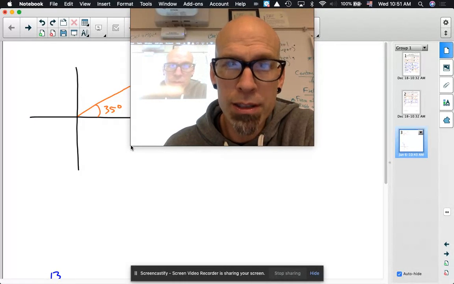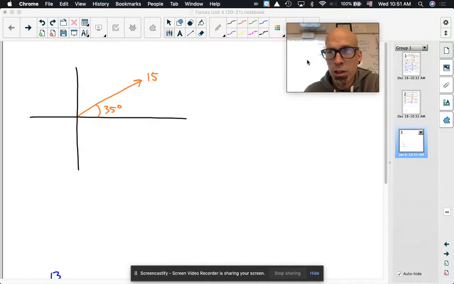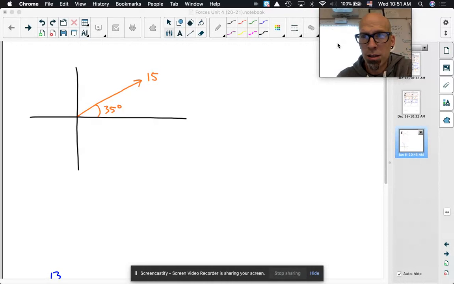Now, this, folks, this is Algebra 2, I believe. We're talking trigonometry here, okay? So geometry, trig, Algebra 2. If you have a vector like this, like the orange thing here is a vector. If your vector is 15 units long, whatever that is, I don't even have a unit of measure on it because we don't have that yet. This is just in general for vectors. How do you figure out